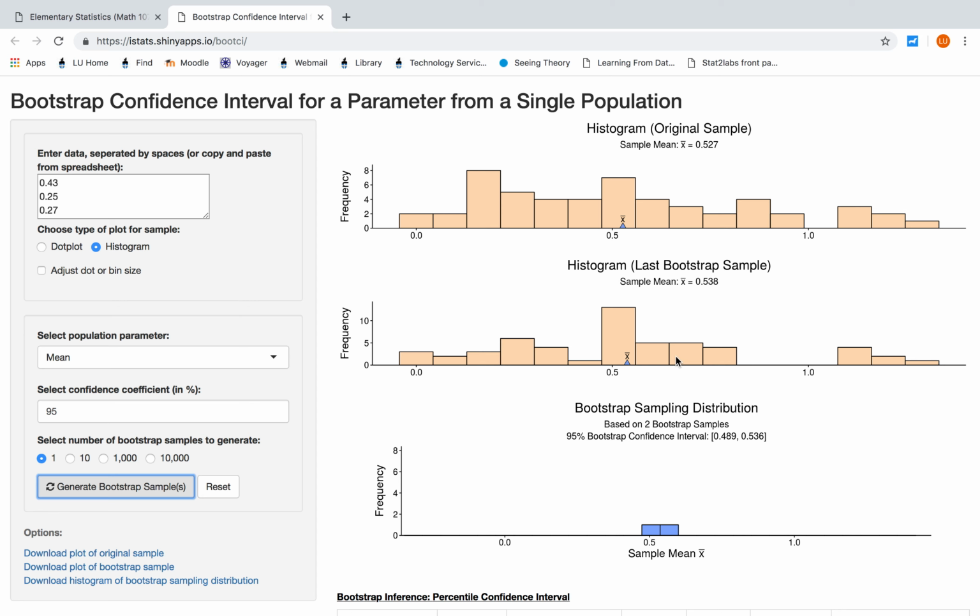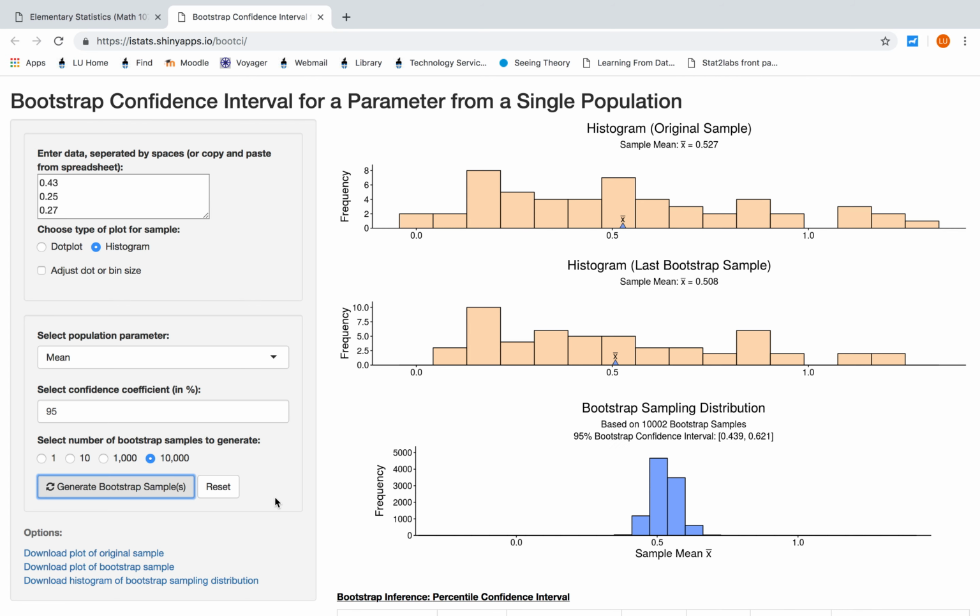This time you see it looks a little bit different, and the sample mean came out higher at 0.538. That's plotted here. Let's go ahead and take 10,000 bootstrap samples and see what the distribution of the sample means looks like. You can see in our 10,002 bootstrap samples, the sample means typically come out pretty close to 0.5, maybe a